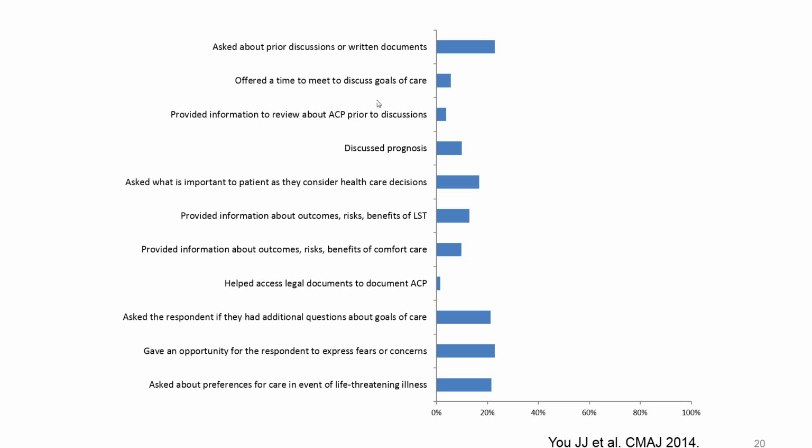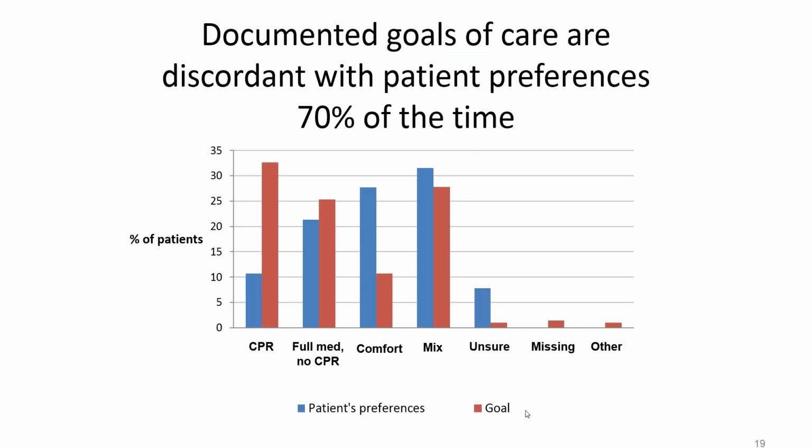communication processes, such as talking about prognosis or asking patients what's important to them, asking them about their preferences for care, in fact, patients and families report that their care providers in hospital very infrequently discuss these important issues with them. And so it's perhaps not a surprise that there's that misalignment that we saw on this earlier slide between